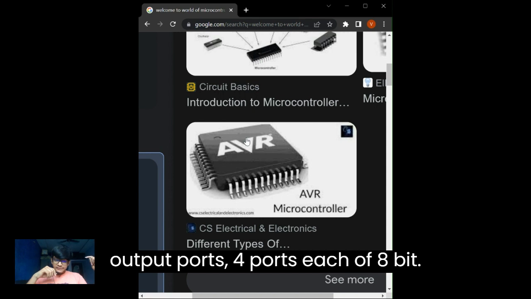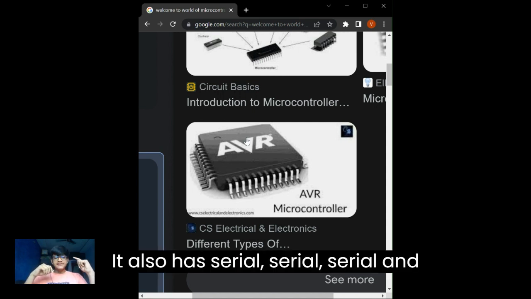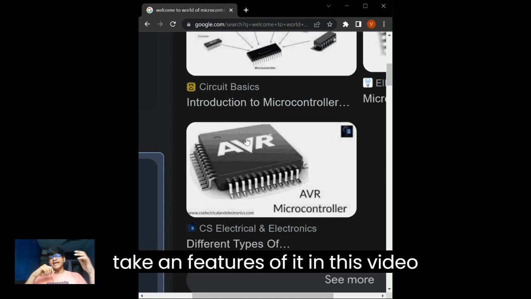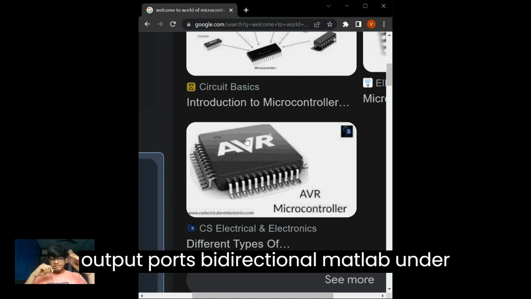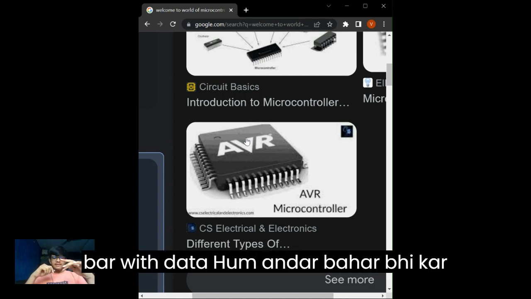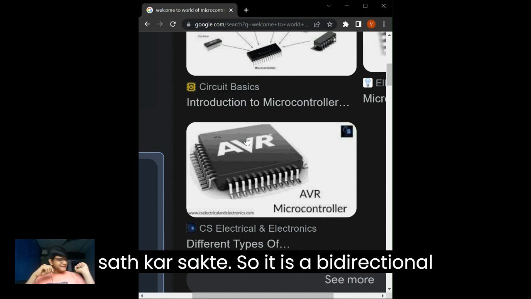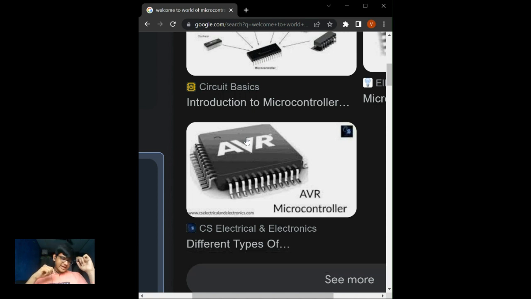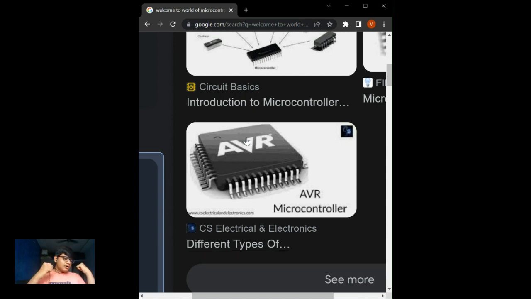It has input output ports, 4 ports, each of 8 bit. It also has serial and parallel; I will tell you in upcoming videos what it actually is. You just take the features of it in this video. It has four 8-bit bidirectional input output ports. Bidirectional मतलब अंदर बाहर, तो डेटा हम अंदर से बाहर भी कर सकते हैं, बाहर से अंदर भी कर सकते हैं। जैसे तुम अभी पढ़े नहीं तो तुम्हारे पेरेंट्स भी तुम्हारे साथ कर सकते हैं, ठीक है? So it is a bidirectional input output port. It will do input and output function both simultaneously. Simultaneously, not simultaneously भी, अच्छा उस पर हम बाद में बात करते हैं, वो थोड़ा ज़्यादा डीप टॉपिक।